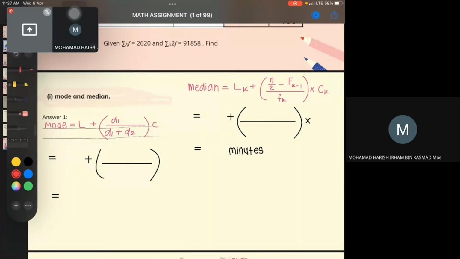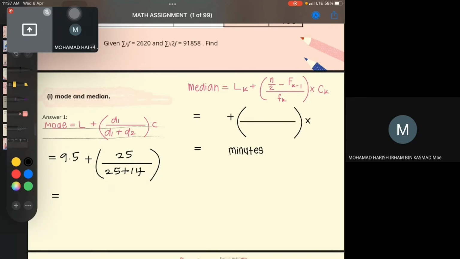From the table we can find the values: for L the value is 9.5, for D1 the value is 25, for D2 the value is 14, and for C the value is 10. So we substitute the values in the formula and then we will get the answer, which is